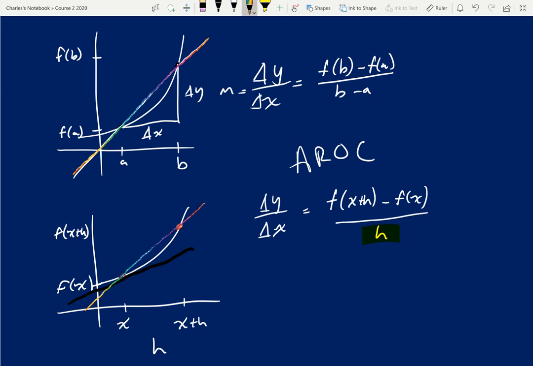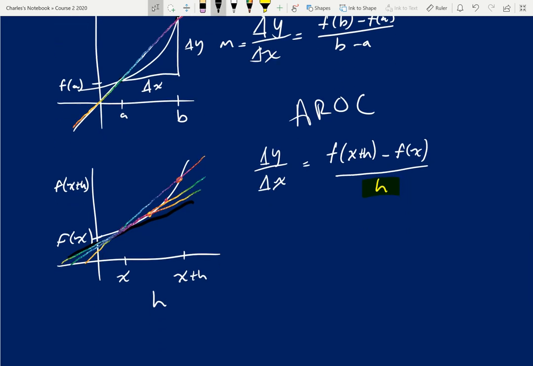And then you might be like, well, okay, I could pick a point that's a little bit closer. And then I could say to you, well, that's okay, but it's not exactly that black line. Could you do better? And you might say, geez, I wish you would stop asking me that, but yes, I can. And you do a little bit better. Each time you do a little bit better, and it's hard to represent any line that's closer, but I'm just trying to drive home the concept here. And the concept is that the instantaneous rate of change, which we call IROC,